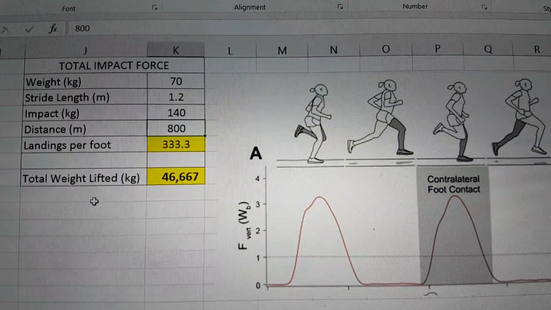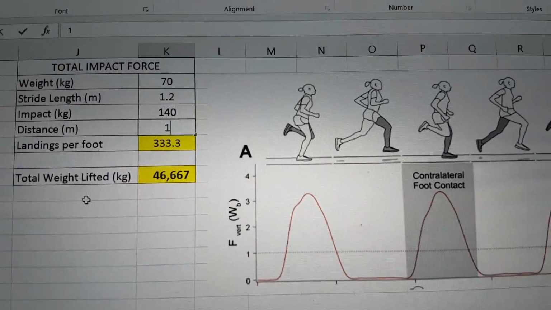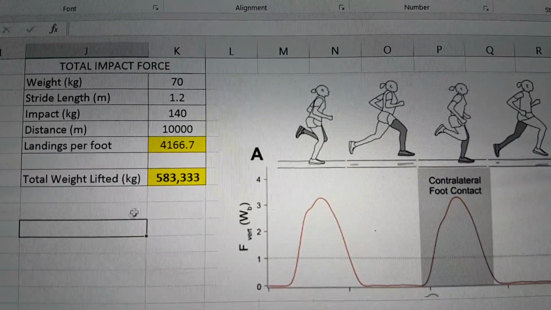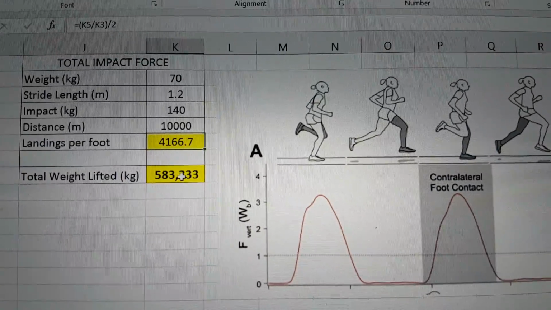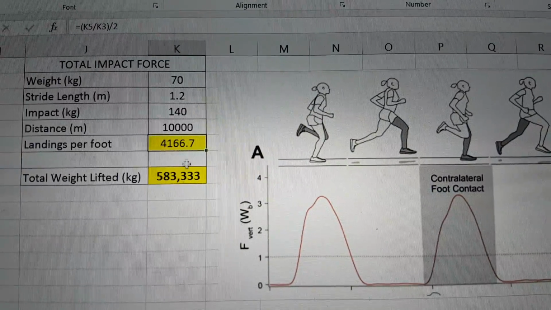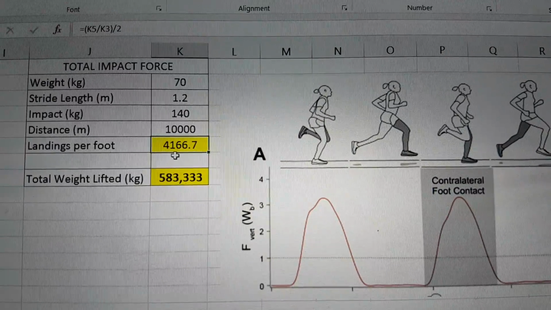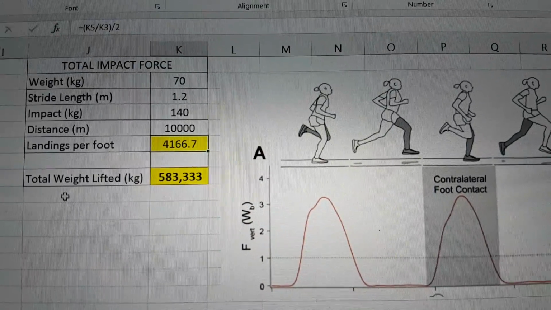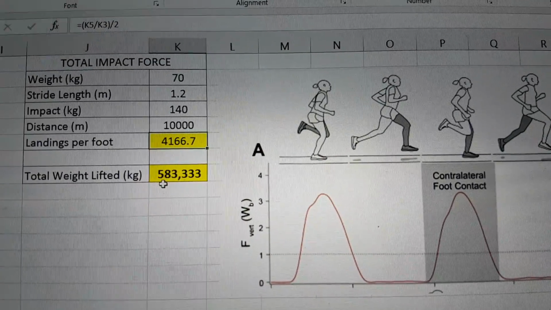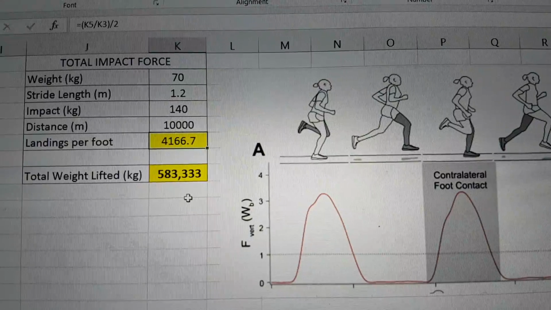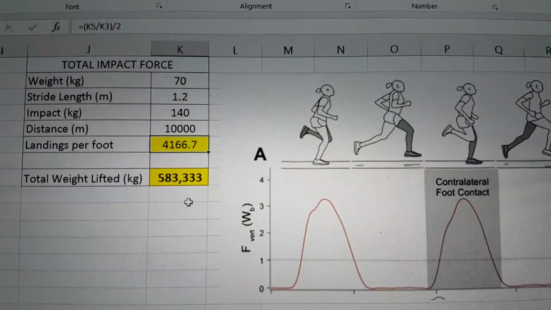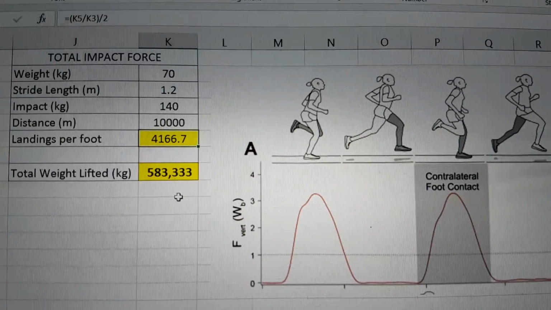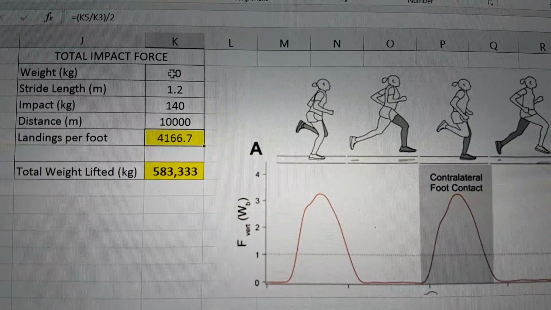Now let's assume that this is not 800 meters but a 10k race, so 10,000 meters. The landings per foot just proportionally goes up to nearly 4,170 landings per foot, and the total weight lifted over the course of that distance is now 583 tons. 583 tons for a 70 kg runner. Okay,